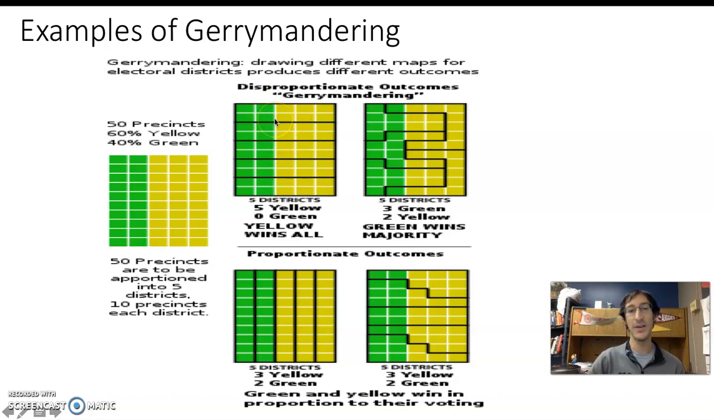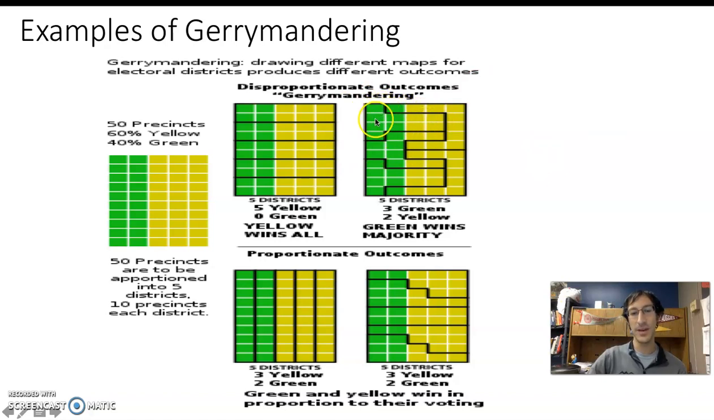Okay, and it's always based again on location. So 10% live here, 10% live here, 10% live here, and so on. In each case, when you draw the lines like this, yellow wins every time, and these people do not get any representation. You could also draw it this way, where the green, despite the fact that they're in the minority, where they have fewer people, end up winning every time,